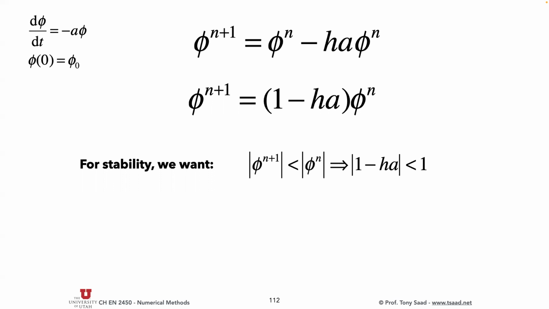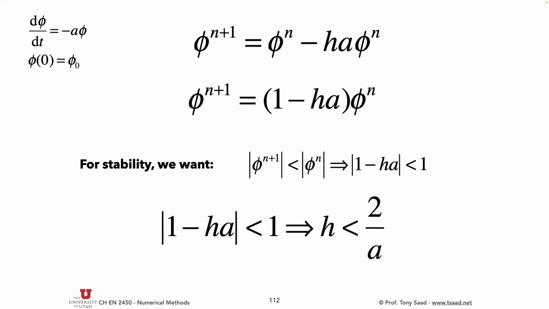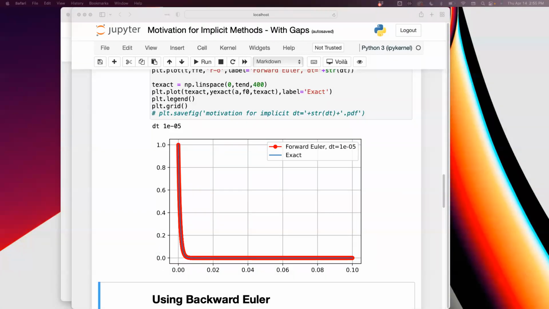Remember, h is the time step size. That's what we're after, in absolute value. Now, for this to be less than 1, this implies that h should be strictly less than or equal to 2 over a. All values below 2 over a are going to return a stable solution. Values above 2 over a are going to return unstable solutions. So now go back to your Jupyter notebook, and let's see if we pick a